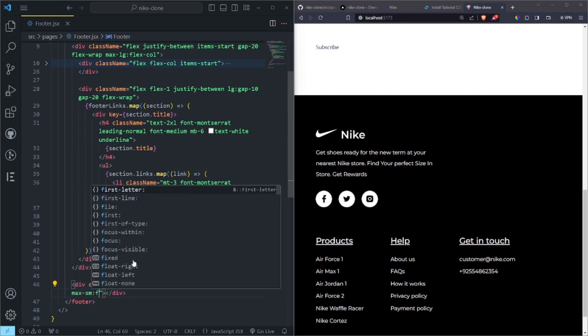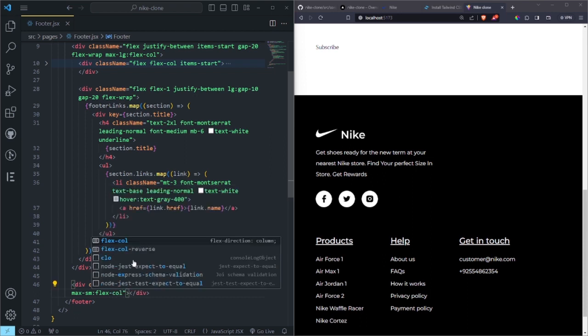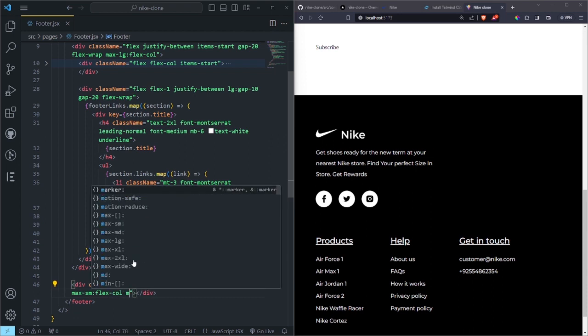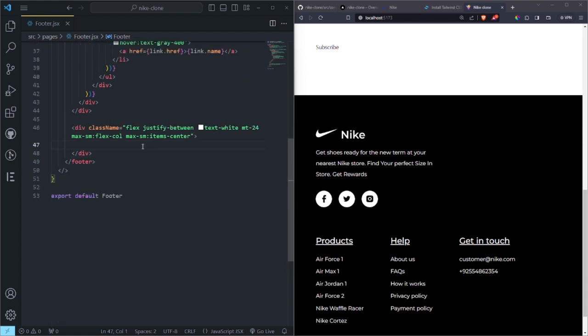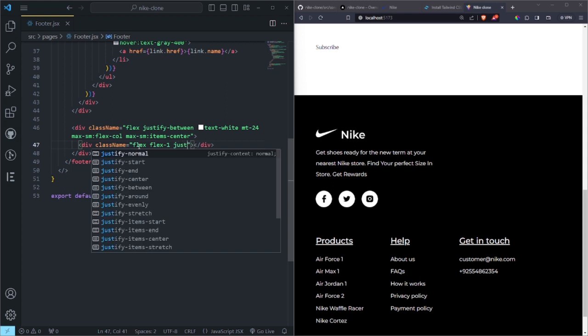column, and then you can do max small to do item center, and then inside here Shift Alt F, and then inside here we want to add a div of class name flex, also class name of flex, and then flex one, and then justify start, item center, gap of 2,